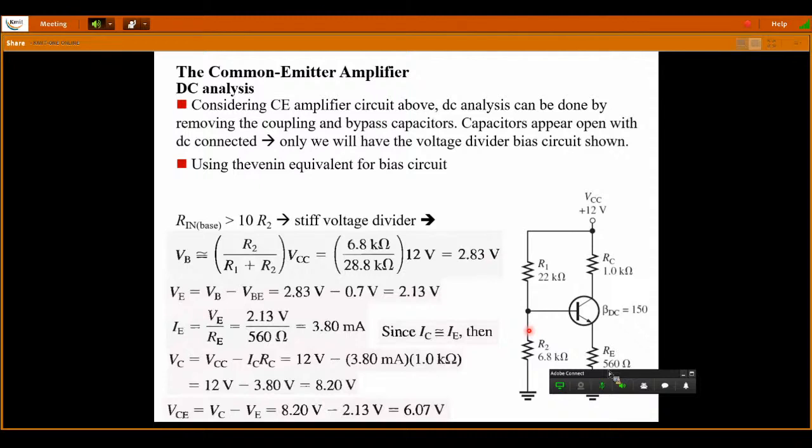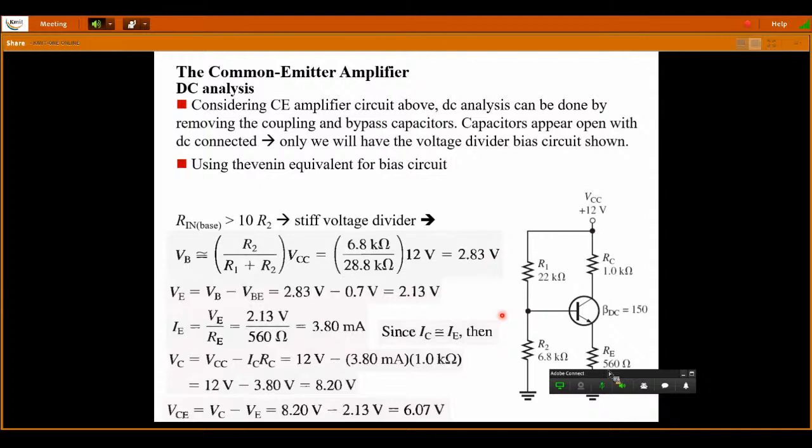So then the operating point will be fixed at the center of the load line. Otherwise it will be moved. So for a stiff voltage divider network, we have to take the base input resistance must be greater than,